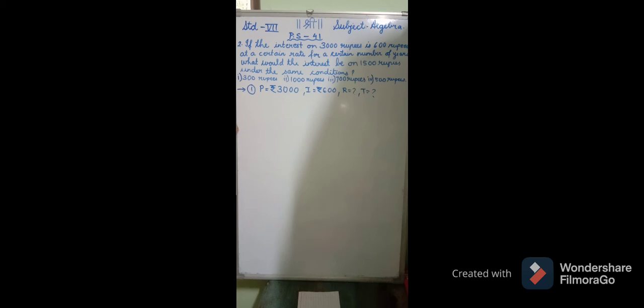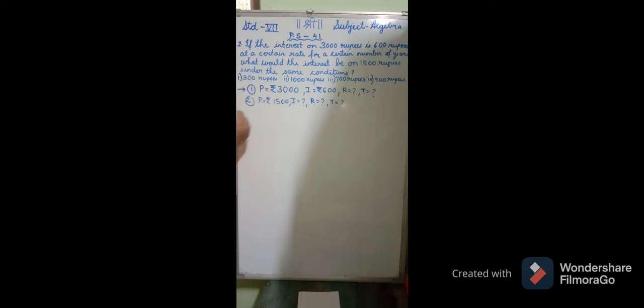Now in the second condition, what we have to do? See, principal is given. P is equal to rupees 1500. I we have to find out. And the other, under the same condition, means this only. Here we don't know, so we'll write a question mark here also. But while solving, we will get the answer to this. Now we will first try to solve the first condition.